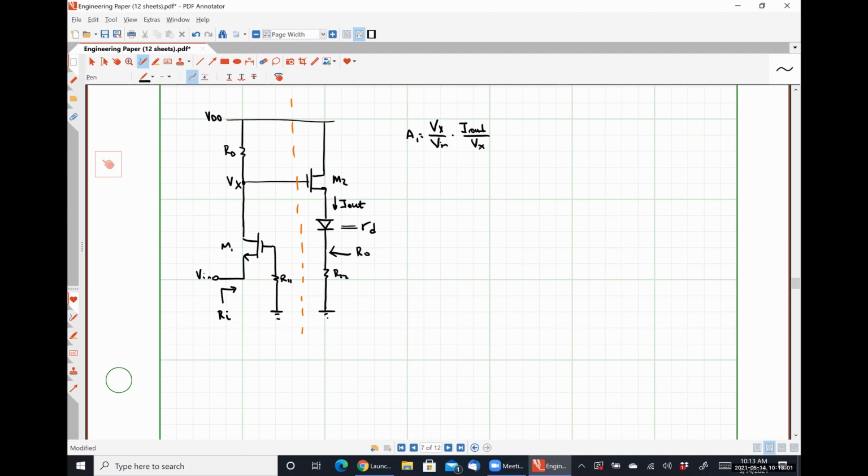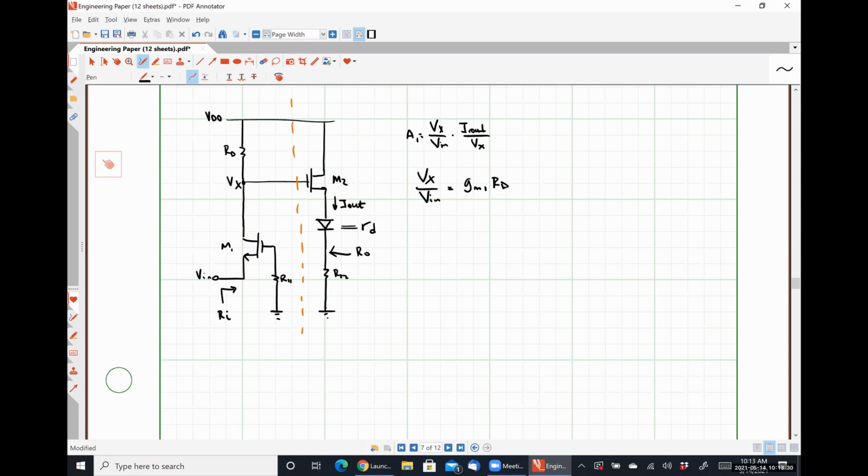Okay, so that is not correct. That's not going to be the gain. All right, somebody else. What's the gain of a common gate stage? GM RD. So Vx over Vn is equal to GM1 times RD. Now our second stage